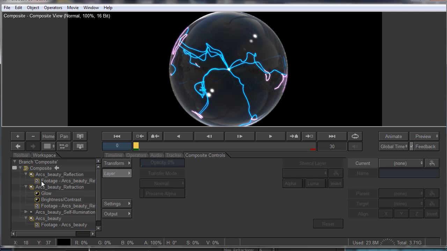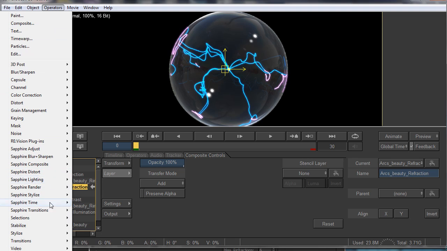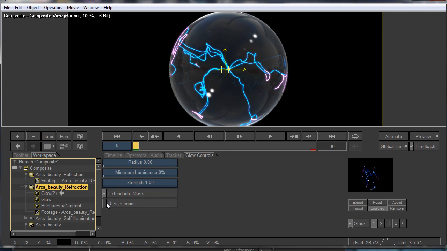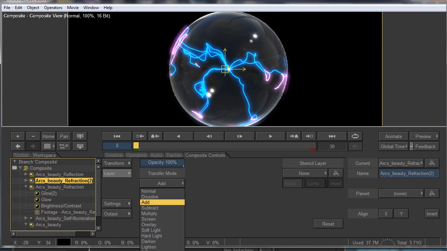Okay, so you see that we have a little bit of glow there, and then we can add another glow, and this one can be higher. You see it is bigger, and we can also Ctrl+C, Ctrl+V, use this one, and this one can be set as screen,